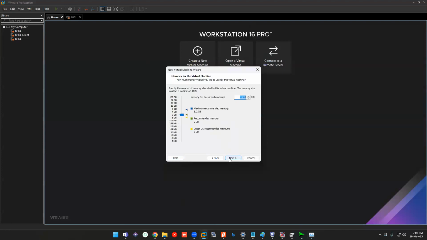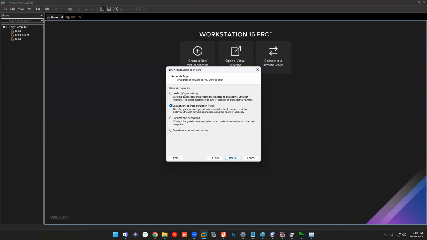Click on next, and you have this memory. Memory again will be selected automatically, and in my case, since I have 8 gigs, it selected 2 gigs for the VM. If you have only 4 gigs, it will select only 1 gig. 1 gig is more than enough actually for a Linux VM especially. For Windows, everything should be doubled. Your core count should be at least 2, and your virtual memory should be at least 3 to 4 gigs. Then only it will be usable. It will be slow, but at least usable somewhat.